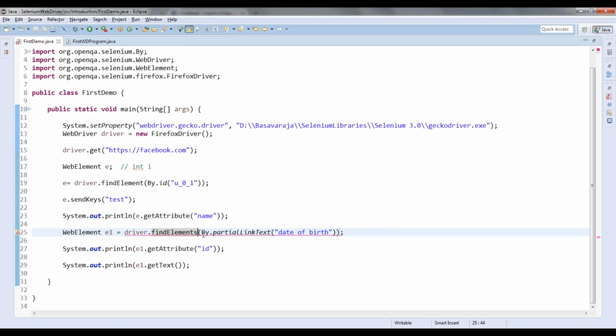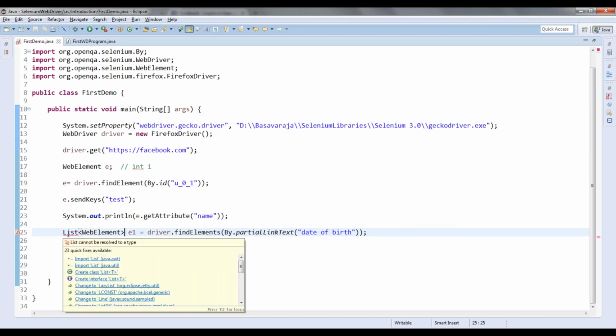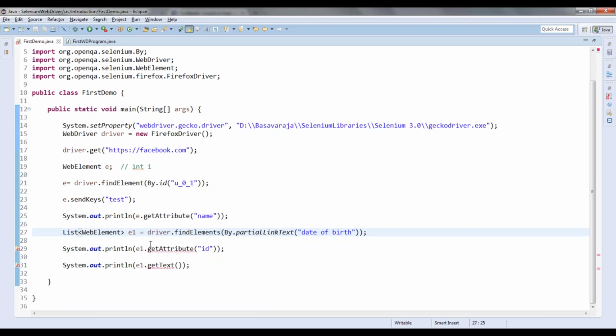If find elements is returning the list of elements, then I will be storing that inside a list of web elements. This is the syntax. And I have to iterate through that list and I should get these values. That's all I did in the previous example. But if you are still having confusion with web elements, don't worry, we will come to that at a later stage.